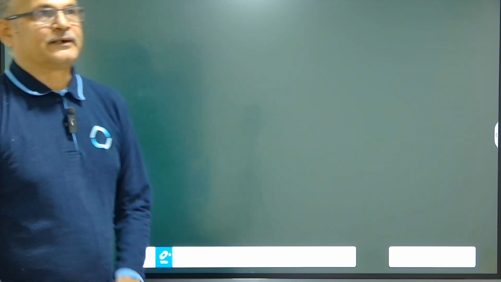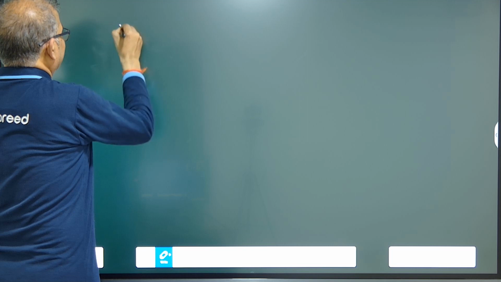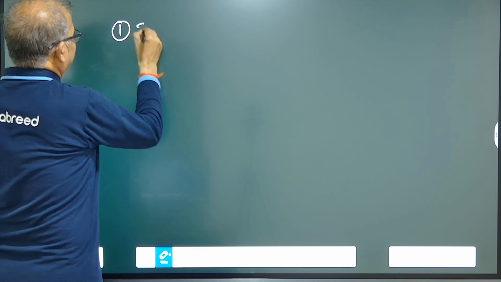Today in this video, we will study the index properties of soil. Index properties are used for classification and identification of soil. The index properties that are determined are specific gravity,